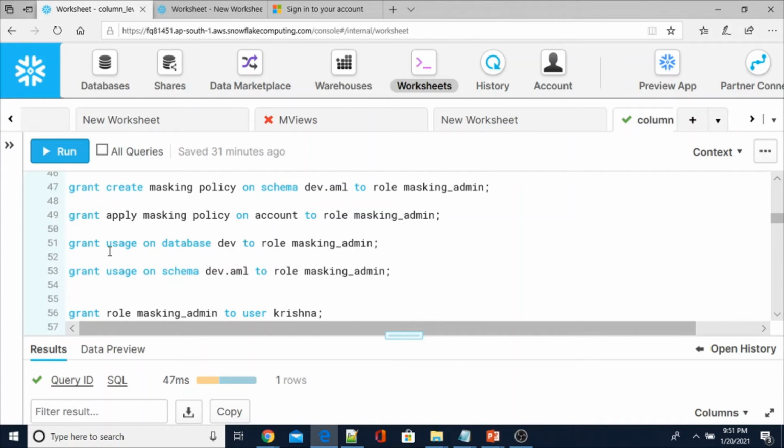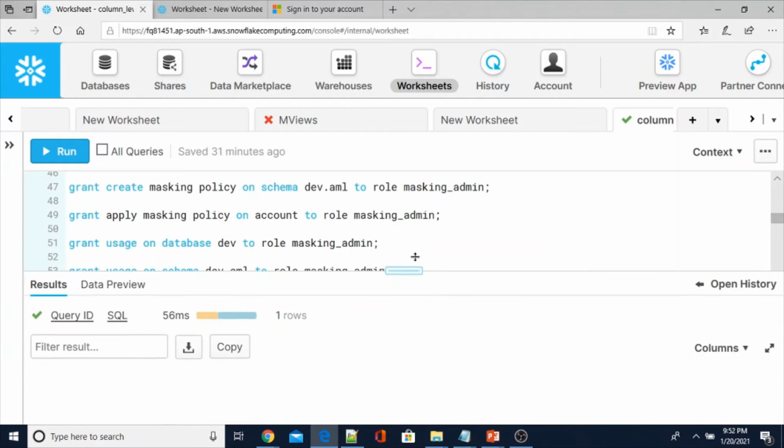And then, as I said, we need to give the usage privilege on the database and schema to apply the masking policy. Here we are going to apply the masking policies using the role called masking_admin, the centralized or security officer role. I'm going to use the same database, dev. So let me grant usage on the database, and on the AML schema in that database.